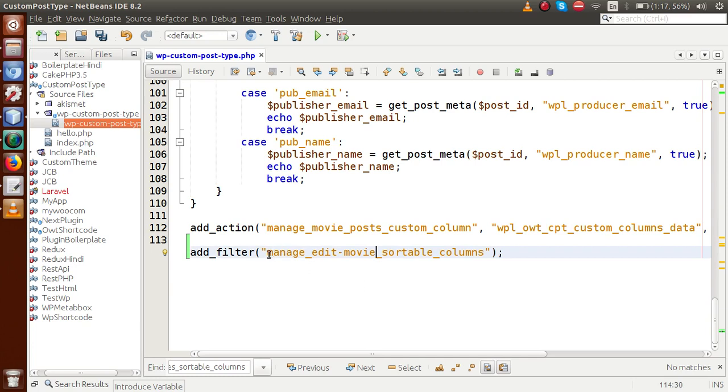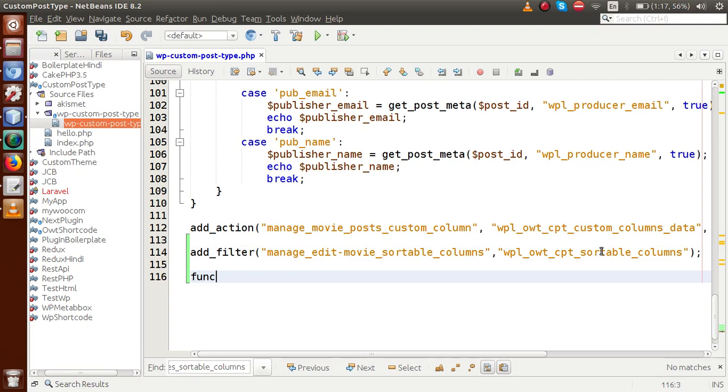Okay, so this is the complete filter hook, that is manage edit movie sortable columns. And now inside the second parameter, we need to pass the callback function. So let's say OWPL OWT CPT sortable columns. Okay, I'm going to copy this function name, and now we have to define this